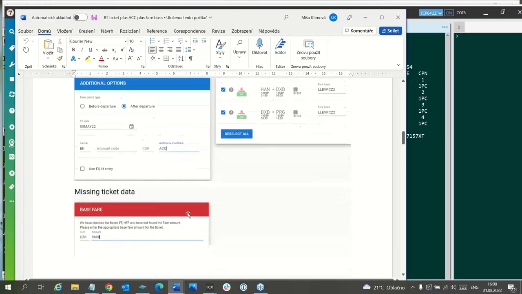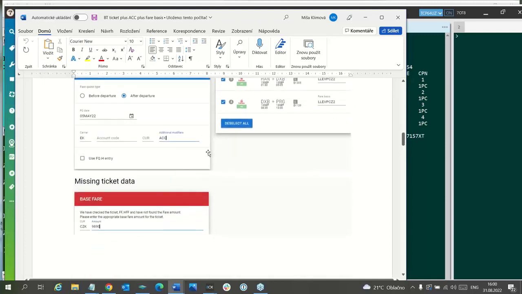So, and now, because it is an IT ticket or BT ticket, the agent must enter the fare manually, because all information about the original ticket is taken from the original ticket. And because on the ticket is IT or BT, TCP cannot receive this information.